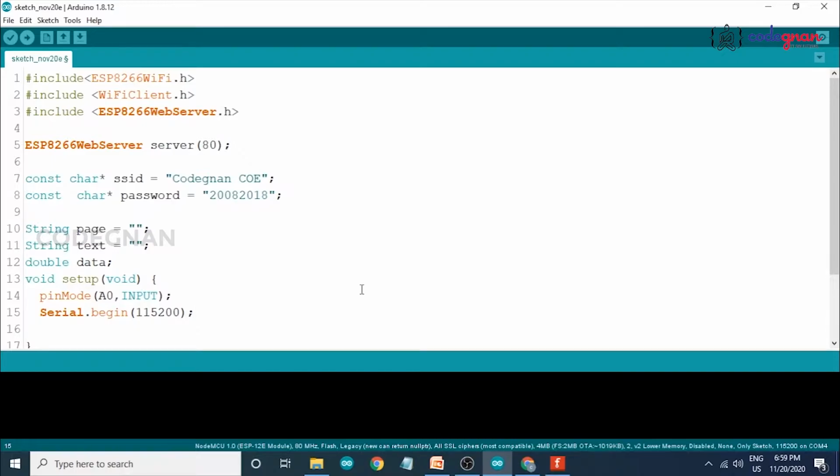And now we have to start our Wi-Fi with our Wi-Fi credentials, so WiFi.begin, give our Wi-Fi credentials here, ssid comma password. My password is 20082018 and my SSID is Cognan COE.